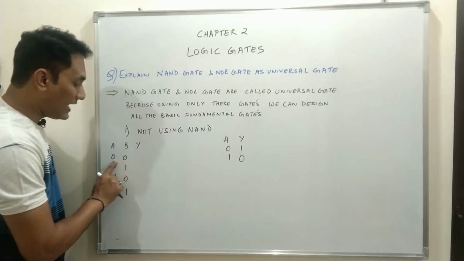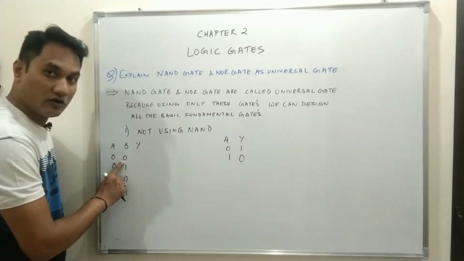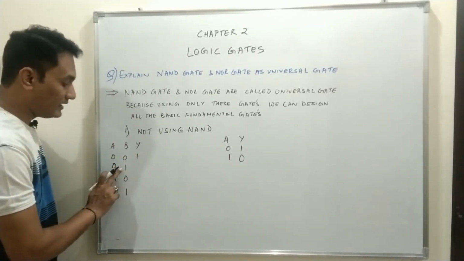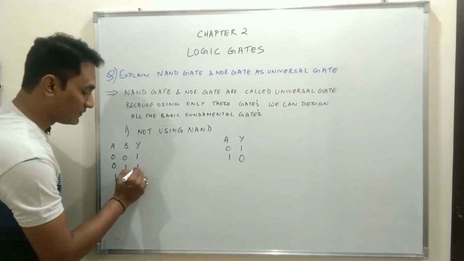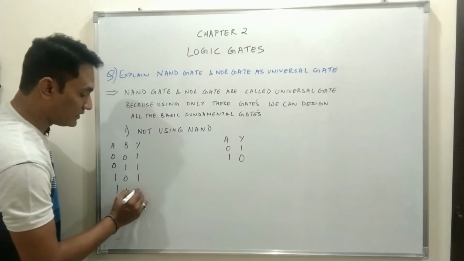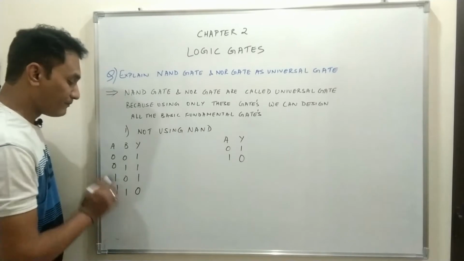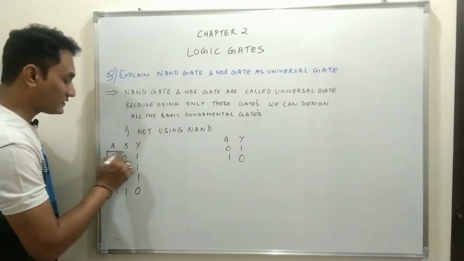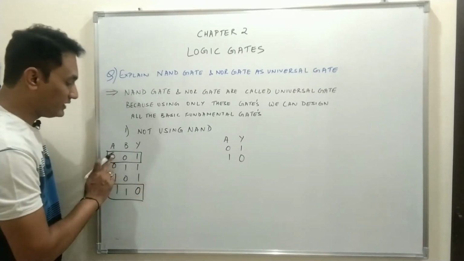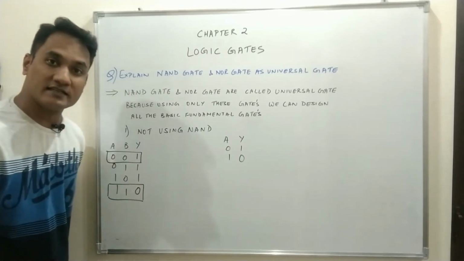So when you AND the logic, AND amounts to multiplication. So 0 into 0, 0, inverse 1, that means complement will be 1. Similarly 1 into 0, 0, inverse 1. 1 into 0, 0, inverse 1. 1 into 1, 1, inverse 0. So this is the output of a NAND gate. Now concentrate your focus on the first and the last condition. When both the inputs are 0, the output is 1. When both the inputs are 1, the output is 0.